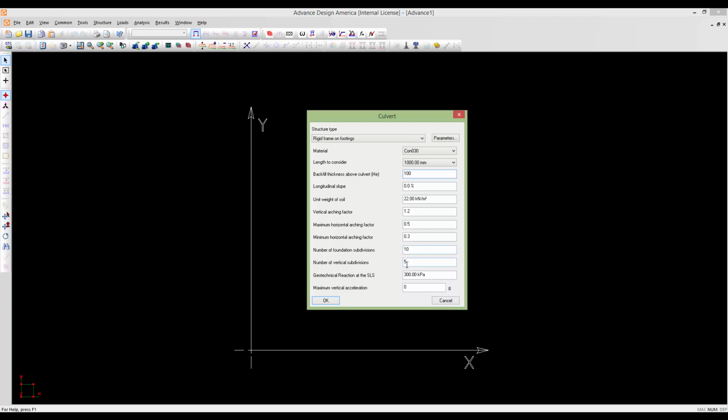These are the number of subdivisions that ADA will generate for the vertical and for the foundation subdivisions. And this final one is the geotechnical reaction at the SLS. Normally we have this from the soil report. So this one also I will leave as is. And the final one is for seismic analysis that we don't do in this structure, so it will be 0. If I click OK here,